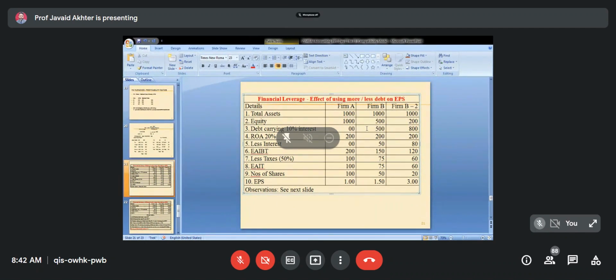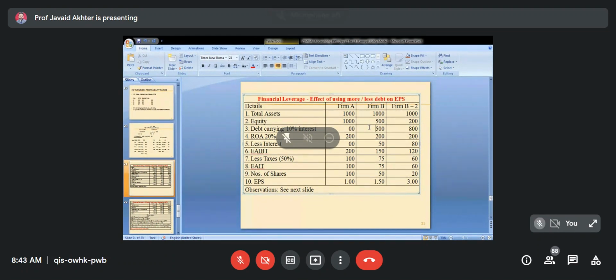Okay, there are 10 points in which I have tried to explain this illustration. So unless each subsequent point is clear, moving on to the next one will be difficult. So if the calculations are clear up to third point, only then I'll move on to the fourth point. So up to third, A is equal to C plus L is clear to all of you for A and B both? Good.